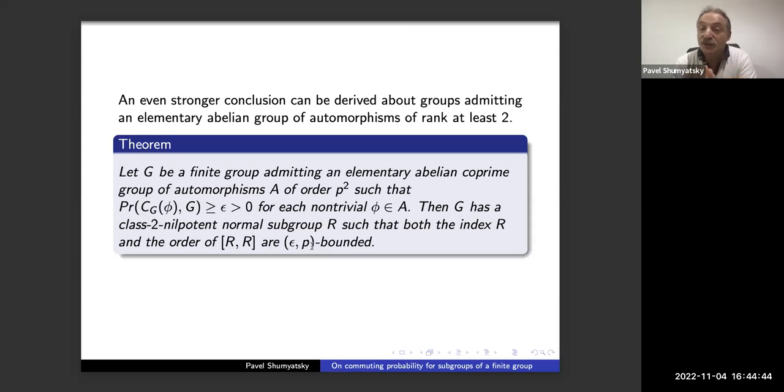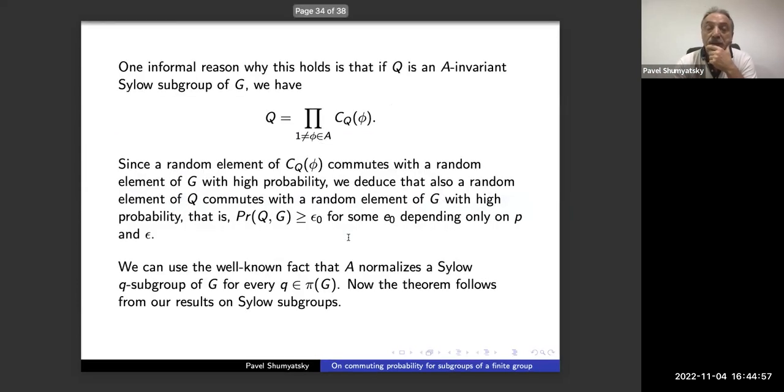So again, the conclusion here is almost the same as in Peter Neumann's theorem. The group G is bounded by abelian by bounded. So why is this? I will informally explain. First, suppose G has an A invariant Sylow subgroup Q. Then the subgroup Q can be